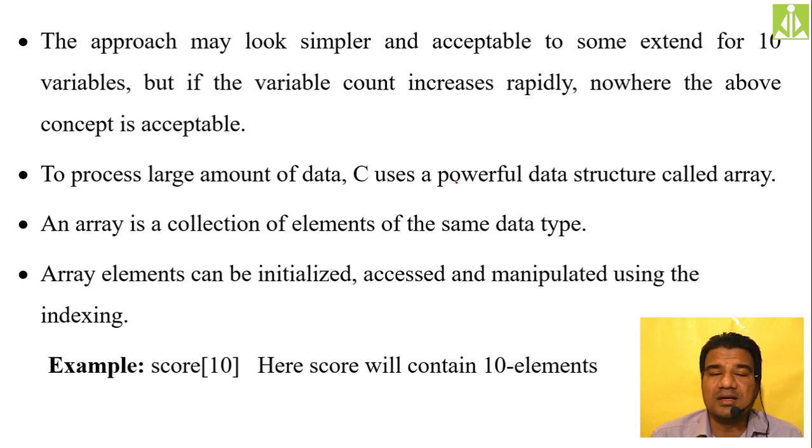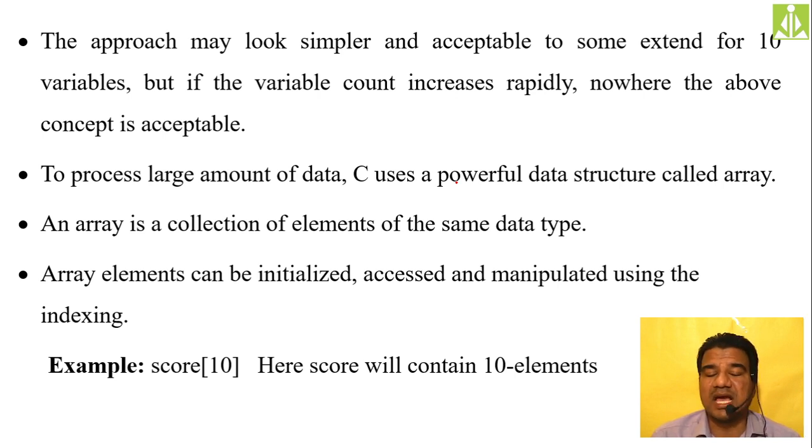An array is a collection. Whenever I say array, this should strike your mind: an array is a collection. It is not a single thing. It is a bunch. So what collection does it have? A collection of elements. What type of elements can we store into an array? Can we store different types of elements? No, it is not possible. If you are creating an integer array, then you can store only integer values into it. If you are creating a character array, then you can store only character values into it. So an array is type specific.